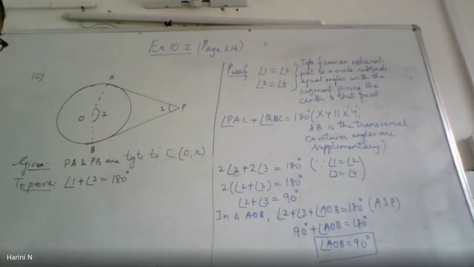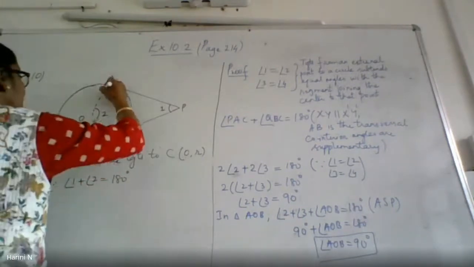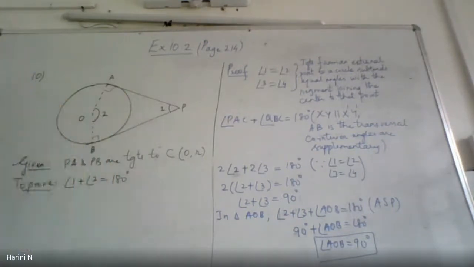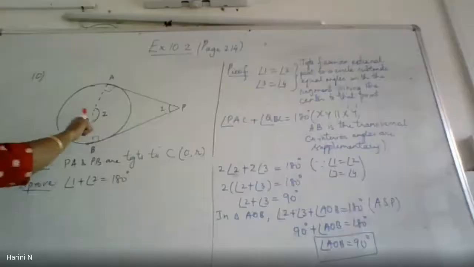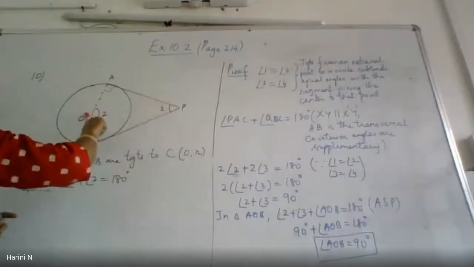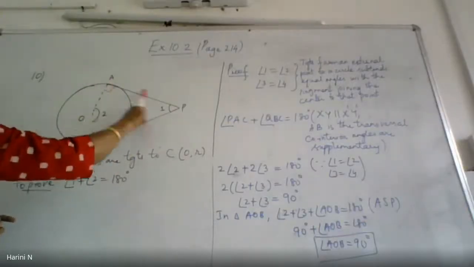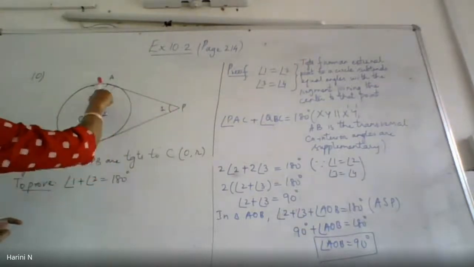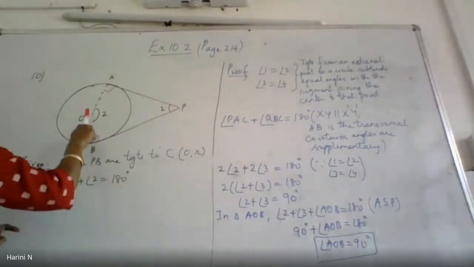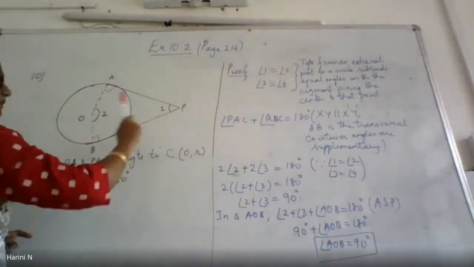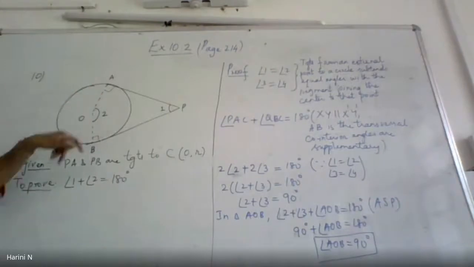Now there is one thing I got by joining the line segments. What is this angle equal to? At A and B, you will get 90 degrees. Why is it 90 degrees? Yes, the angle between the radius and the tangent. OA is the radius of the circle. At the point of contact, the angle between the radius and the tangent AP will be 90 degrees. Similarly, at the point of contact, the angle between the radius OB and BP will be 90 degrees. So these two are 90 degrees.